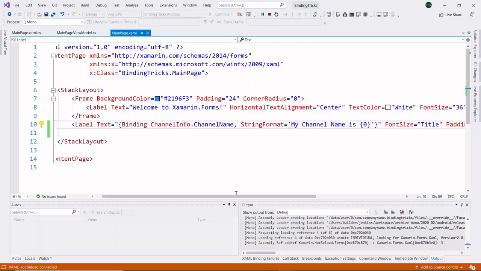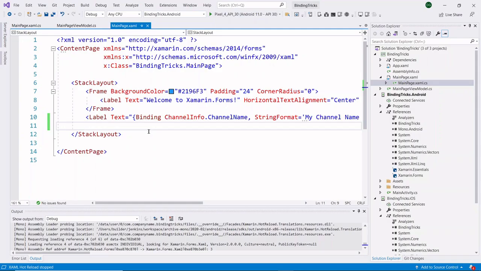Let's see our next binding trick, multi-binding. This multi-binding is newly introduced in Xamarin Forms, but it is very helpful when we have a collection of bindable objects and we have to assign this collection to a target property. For example, you need to display the user full name, but from the view model you get first name, last name and middle name, and you have to club those three names and show them as the user full name. At that time, multi-binding is very helpful.